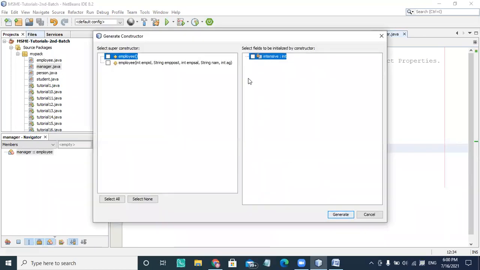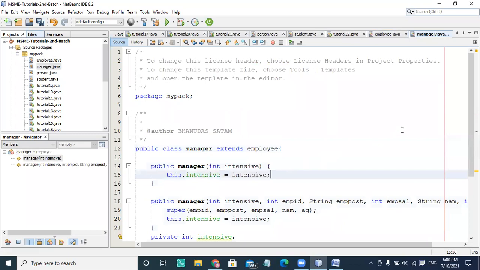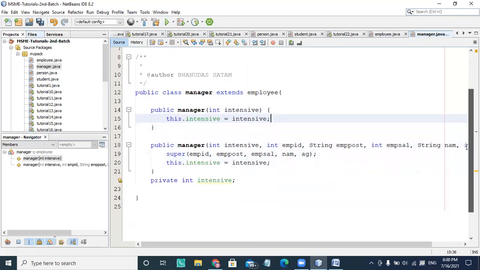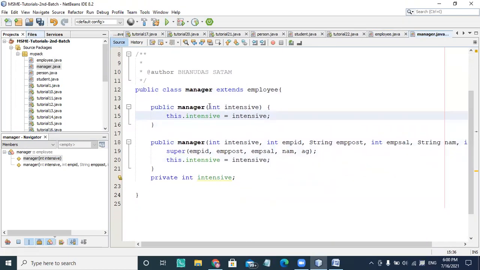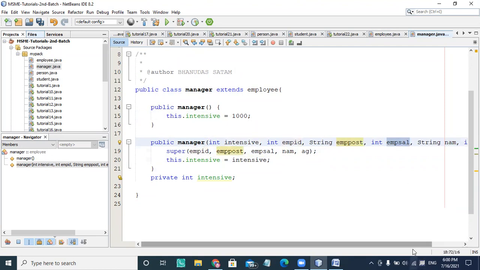So you are getting this constructor for incentives, as well as this employee, which is inherited from here. So there is a manager where you are using incentives and writing incentives as rupees 10,000. Simple, no parameter. But now look at this: employee ID is there, post is there, employee salary is there.